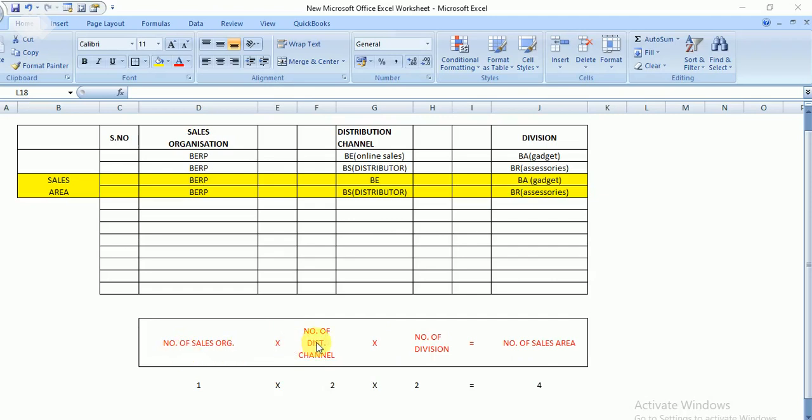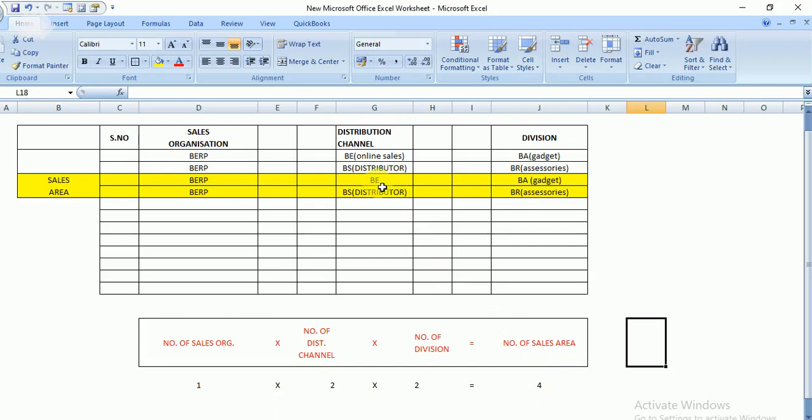It shows that the number of sales orgs times the number of distribution channels times the number of divisions is the number of required sales areas. So we have only one sales org, two distribution channels and two divisions. With these combinations, we need four. We have to create four sales areas.